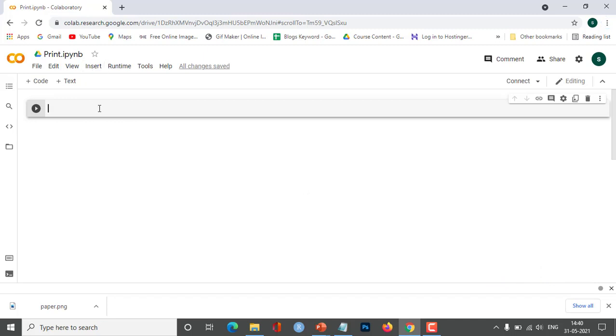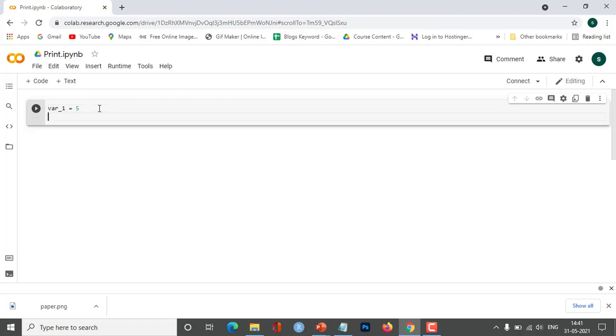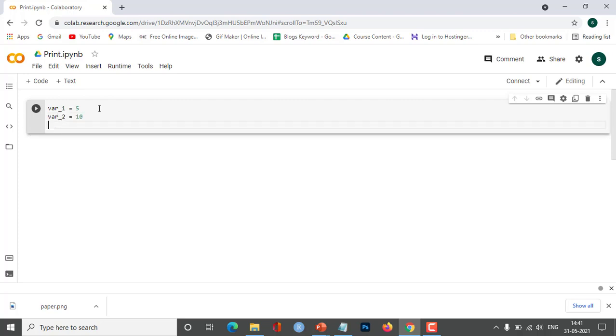So let us first declare a few variables. Suppose there is a variable_1, and I'll assign the value 5. I'll create variable_2 and assign a value of 10. Then I'll create the third variable, variable_3, and assign a value of 15.